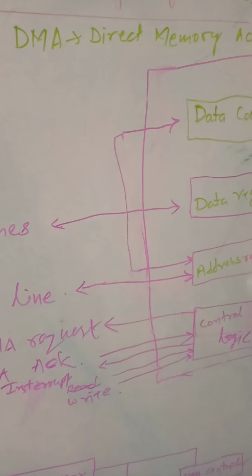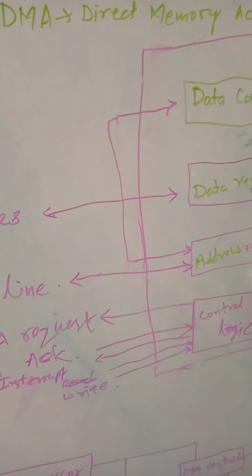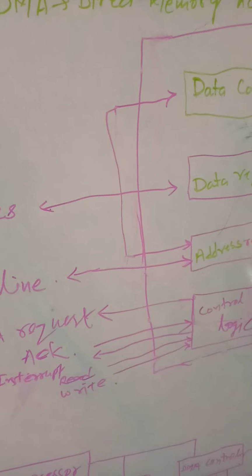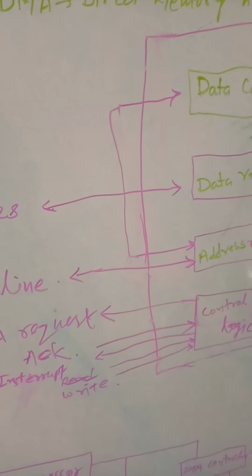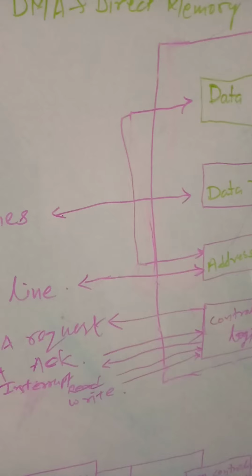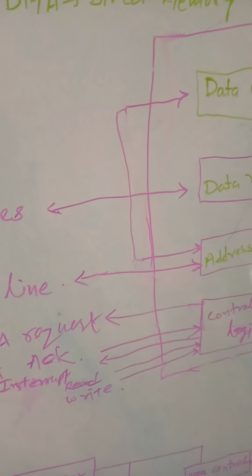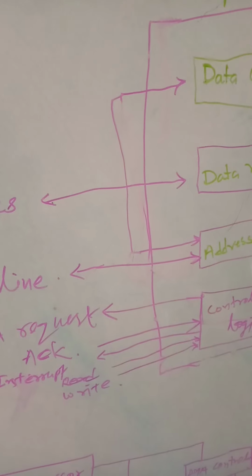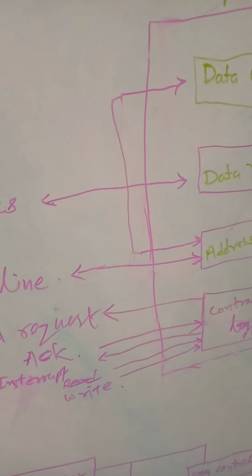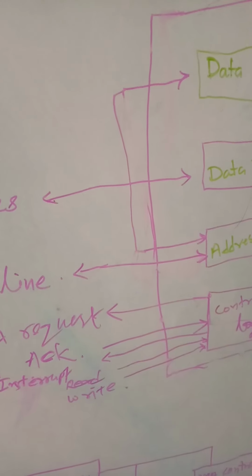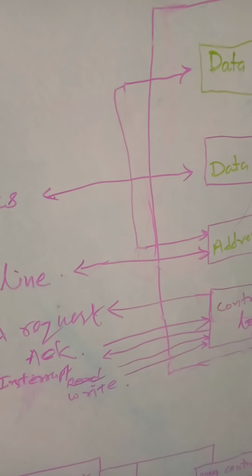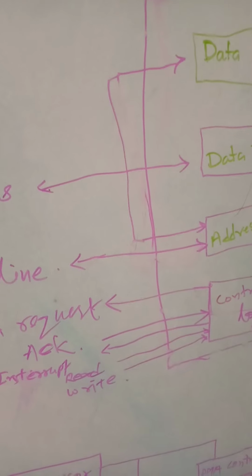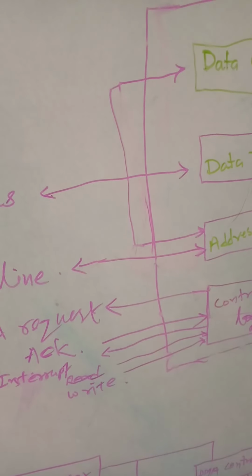DMA controller has to share the bus with the processor to make the data transfer. The device that holds the bus at a given time is called bus master. When a transfer from I/O device to the memory or vice versa has to be made, the processor stops the execution of the current program, increments the program counter, moves data over stack, then sends a DMA select signal to DMA controller over the address bus.